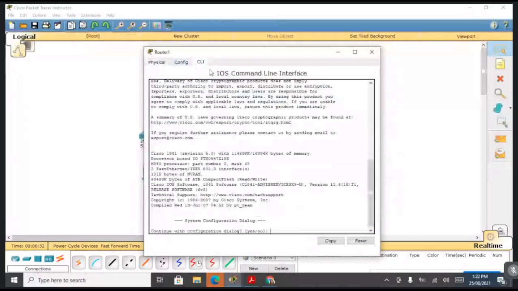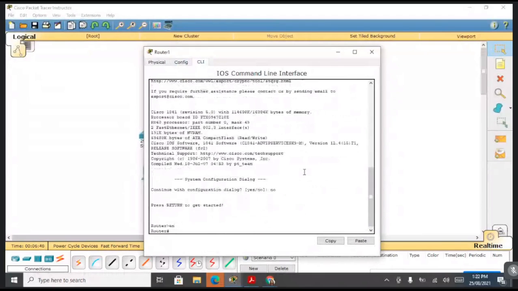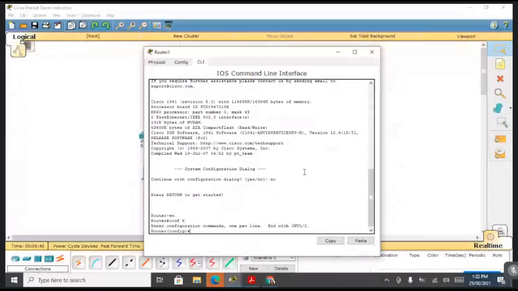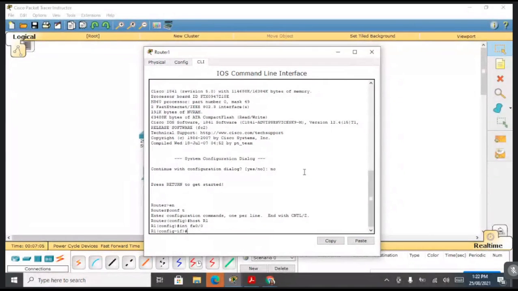CLI, no, then press enter, EN to enable it, then type your config mode. To go to the config mode is conf t, right? Then in here you can write the name for our router, hostname R1, then interface fast ethernet 00, and specify the IP address.